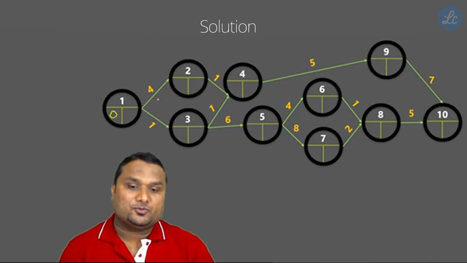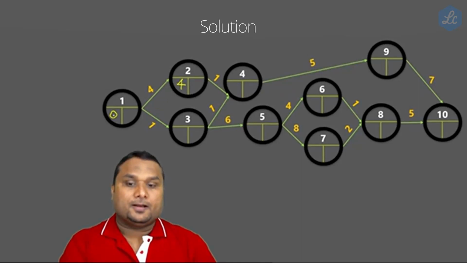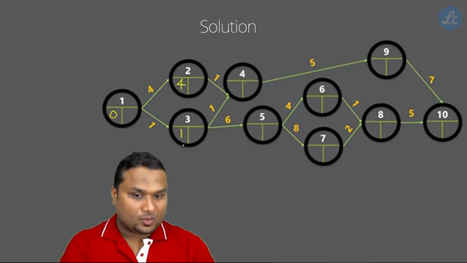Now we are just going to fill the values on the left side. Are you ready? Every project starts on the 0th day, so this project starts on the 0th day. Activity 2 has to be done after finishing this, and it will take 4 hours: 0 plus 4, so 4. Activity 3 has to be started only after finishing this, so this is 0 plus 1, which will be 1. Hope you got it.